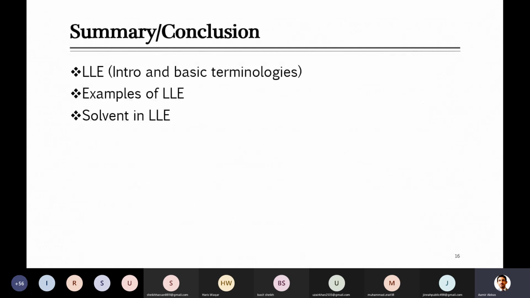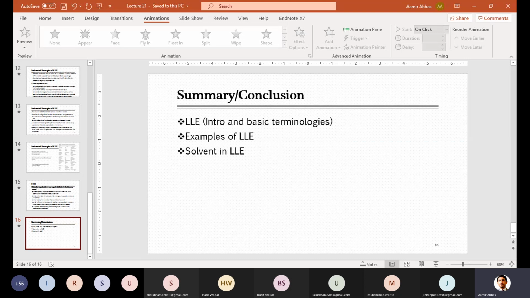So thank you so much. Here we have just discussed today a brief intro of liquid extraction and its common uses, in which industries it is commonly used and when it is preferred, what these terminologies mean, and what phenomena majorly will be taking place. Do we need any other separation equipment after liquid extraction? Do we need more than one stage, or why are stages needed? All this information was discussed, and at the end we talked about the selection. There are a number of solvents available, but it should be one that can extract only the component which you want to separate. Right, thank you.